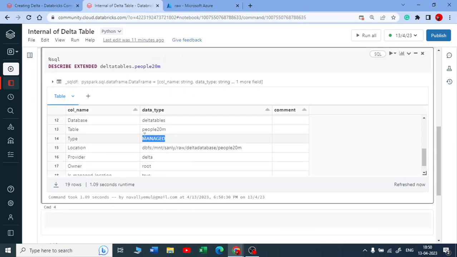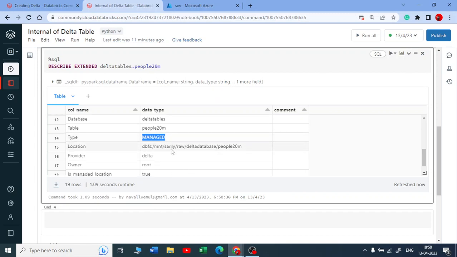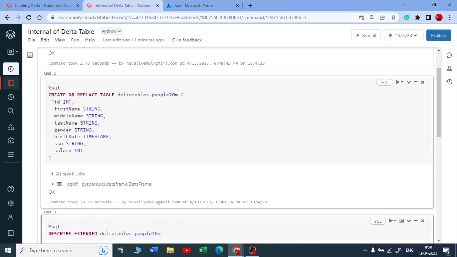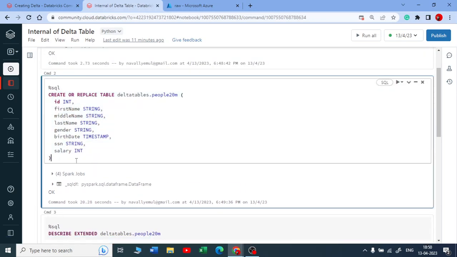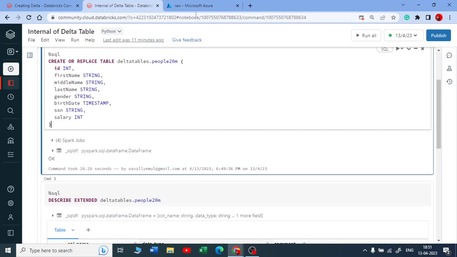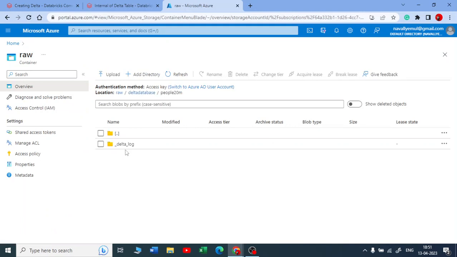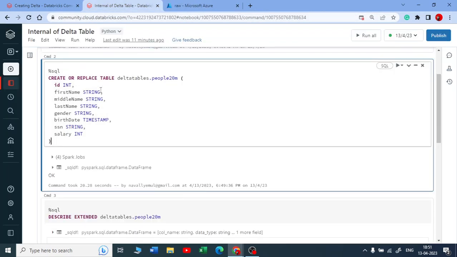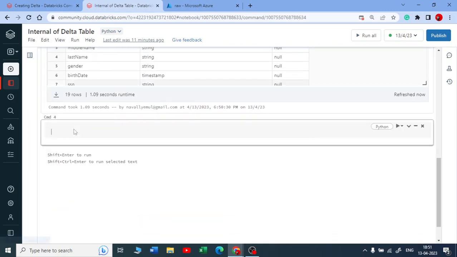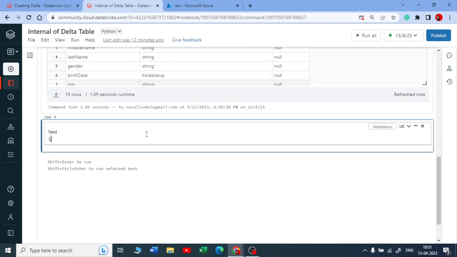your managed table. Now what is happening here, this is a provider as delta, as we have discussed. If you are not specifying anything, like using Parquet or using delta, by default it will be your delta table only. So you can go back in that people 20M table, you will have a delta log. So now today we are going to talk about the internals of the delta log. So when I talk about internals of the delta log, when you are creating a delta table, every time you get some log files. So we are going to talk about the